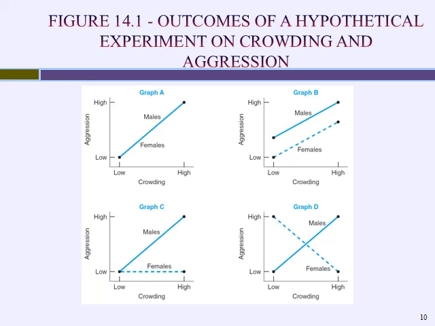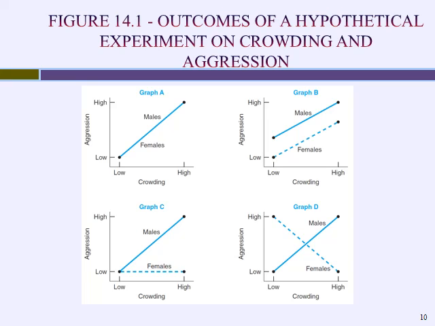Graph B also shows that there's no interaction. While we see differences in the starting points, really a difference across the entire spectrum of crowding, males have higher aggression than females no matter what the level of crowding is. This is interesting and shows us that maybe we should measure males and females differently, but it doesn't indicate an interaction. Now graphs C and D do show interactions. If we were to only measure the relationship between crowding and aggression for males, and the relationship was as pictured in graph C, then we would